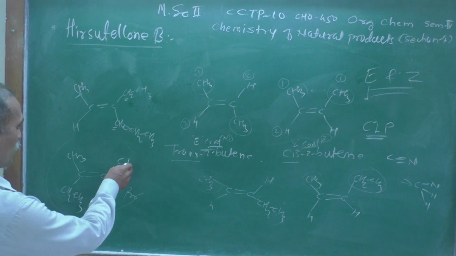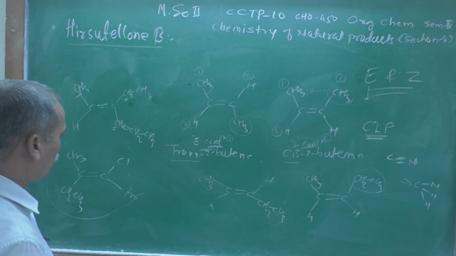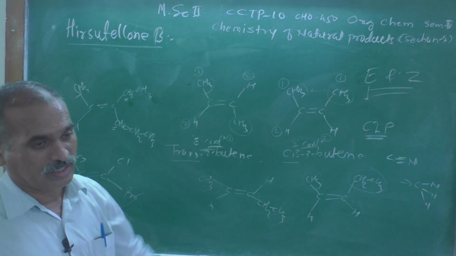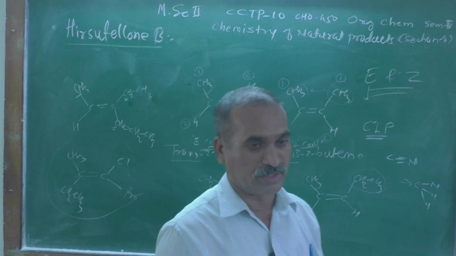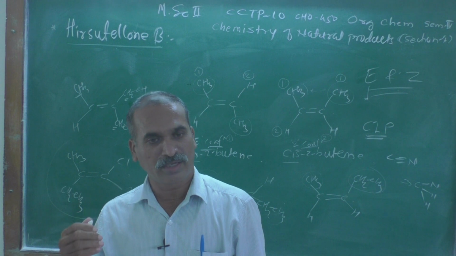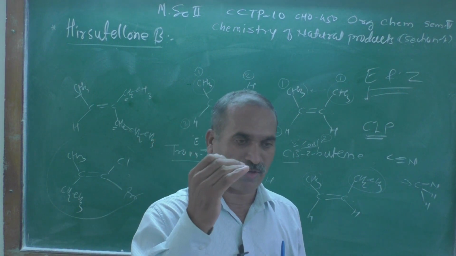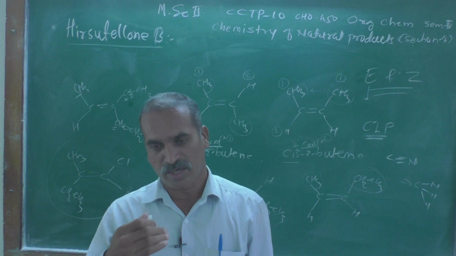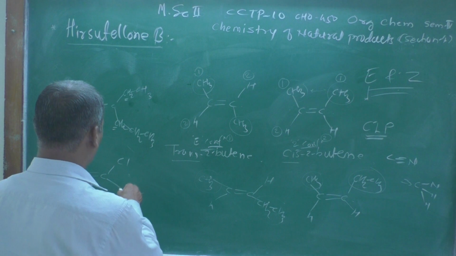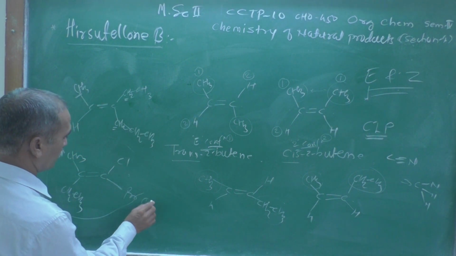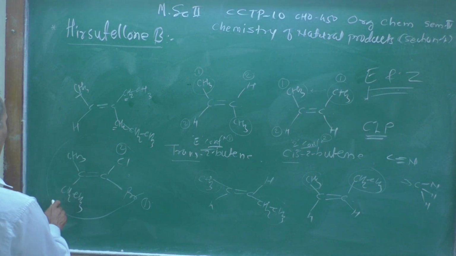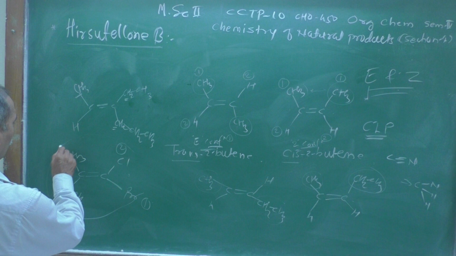It is very easy. So here chlorine and bromine, which one is bigger in atomic number? As we know, these are the halogen family members. What are those halogen family members? Fluorine, chlorine, bromine and iodine. Starting from top to bottom, their atomic number also goes on increasing. So definitely bromine, followed by chlorine, and therefore it will get the first priority, and chlorine the second priority. Here methyl and ethyl, methyl will get the first priority, ethyl the second.